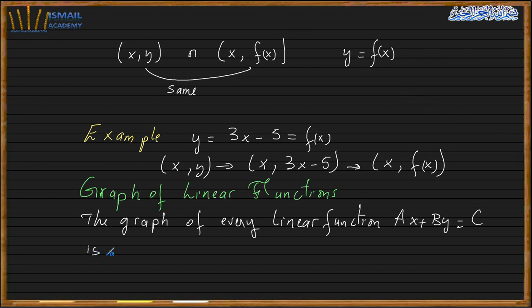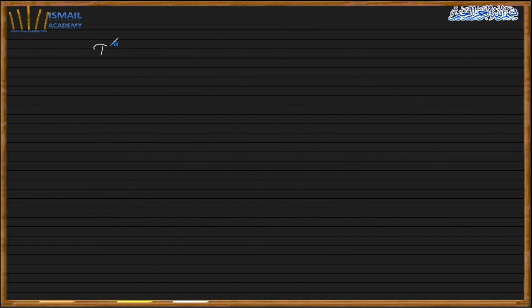Any linear function is a line. And there are three types of line. So the first line, we have the horizontal line,